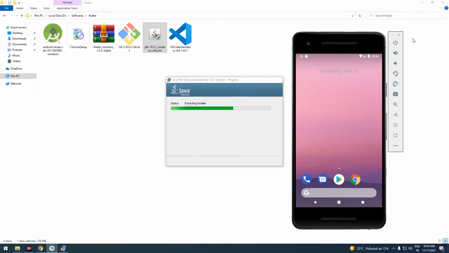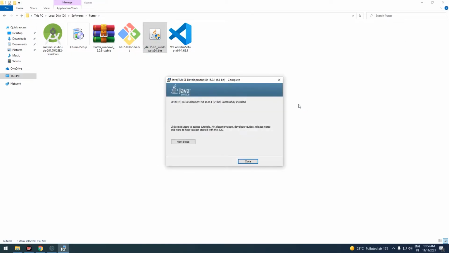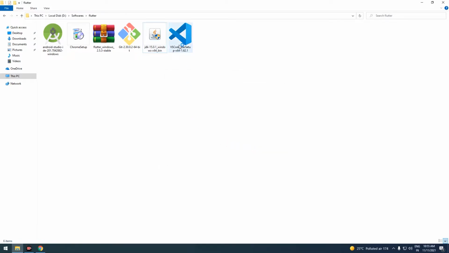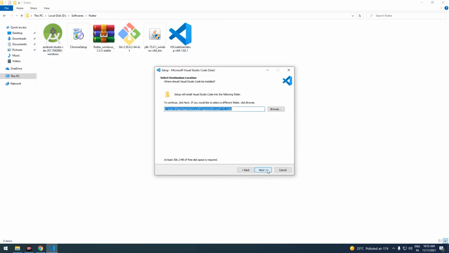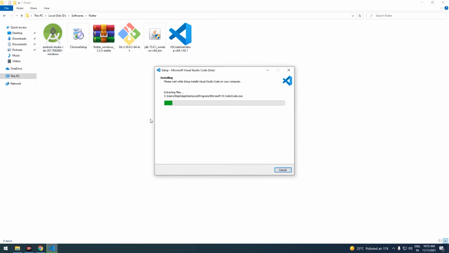That is it. I'll close the emulator because I wanted to show you how to open it from VS Code. So I'll close this now and we'll install VS Code now. Everything is completed, I accept, next, and Android Studio is installed, Chrome is installed, Flutter package is updated, Git is installed, JDK is installed, VS Code is installed now.